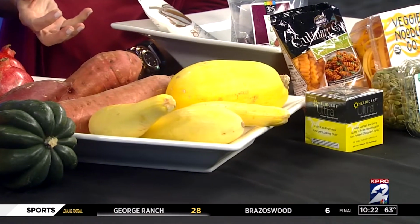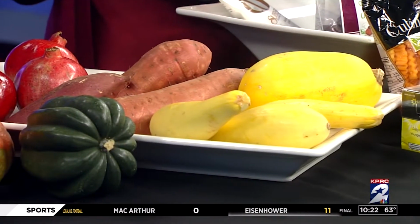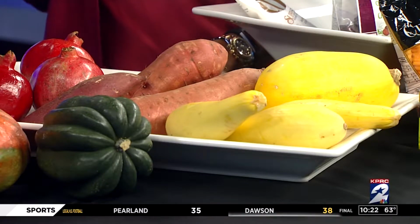Squash. These are actually summer squash, and these are spaghetti squash. Squash is packed with vitamin A also. And then sweet potatoes also packed with beta carotene because it's a deep colored food. Yams and sweet potatoes are totally different things. And these are actually sweet potatoes that look like yams, but sweet potatoes packed with vitamin A, lots of fiber,